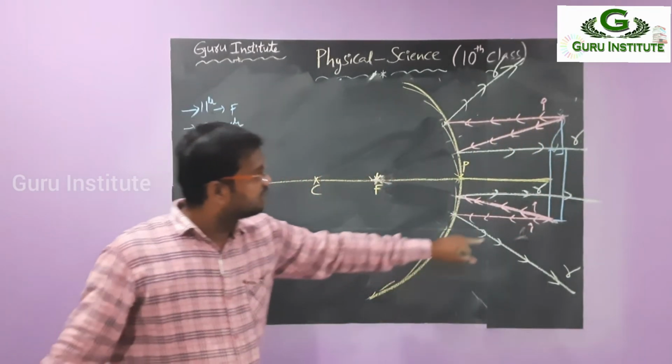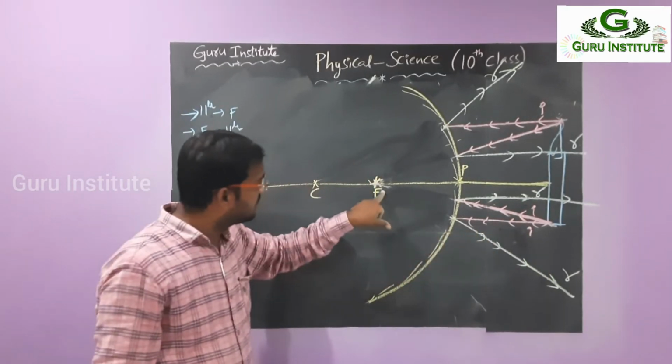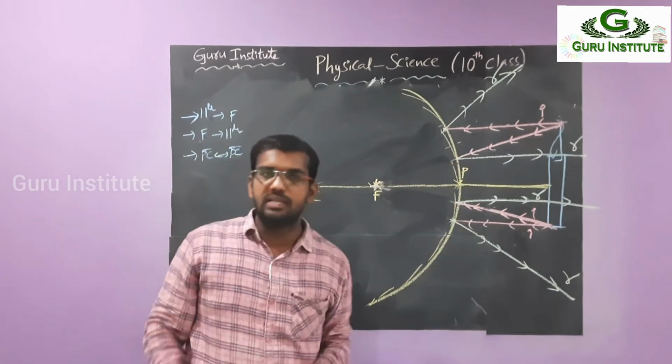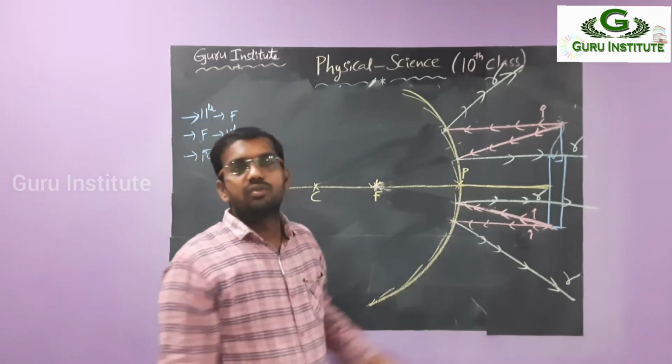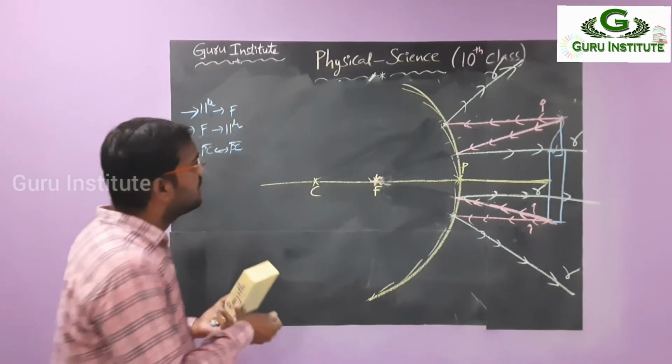Over. Let's come to this one. Parallel to principal axis. So this is the passing through the focus. Again same vice versa. Passing through focus, parallel to principal axis. Then what happens? These two are also divided. One is going like this, one is going like this. So we have to extend it to the back side. Let's see what will happen if we extend it to the back side.